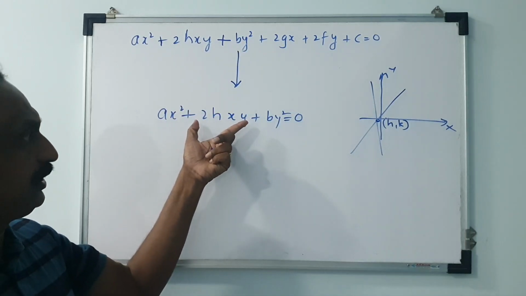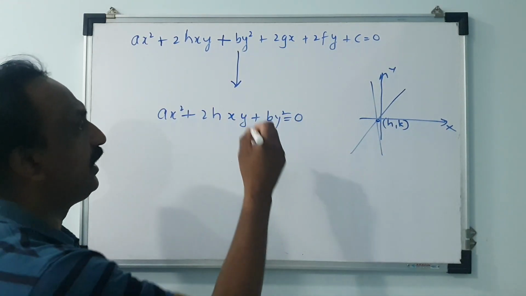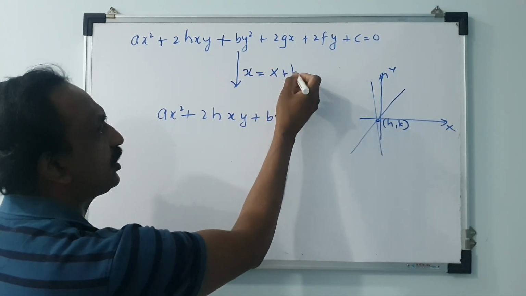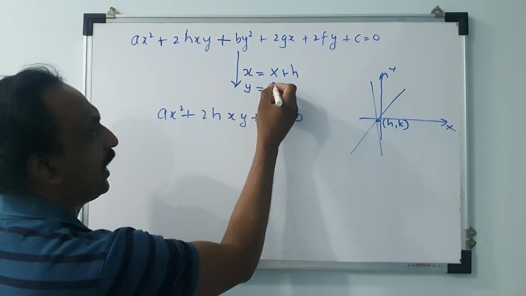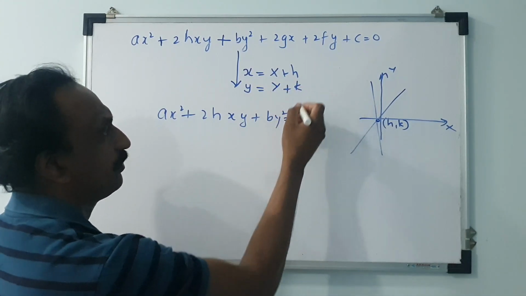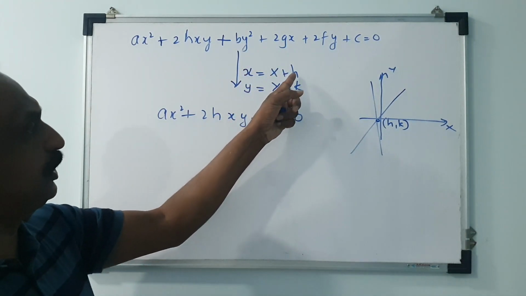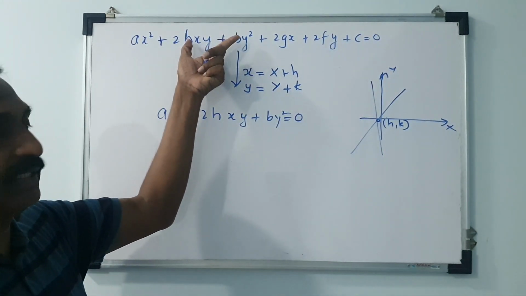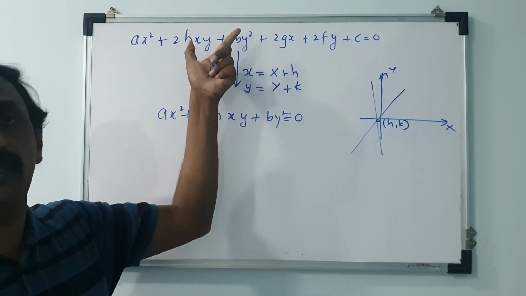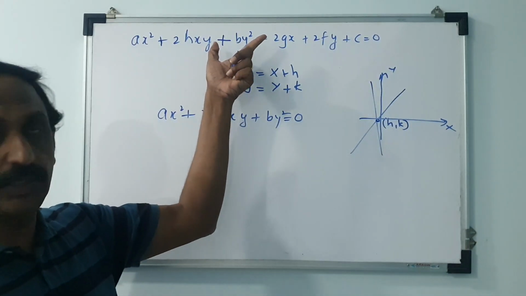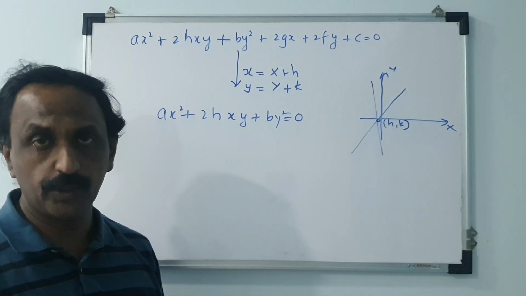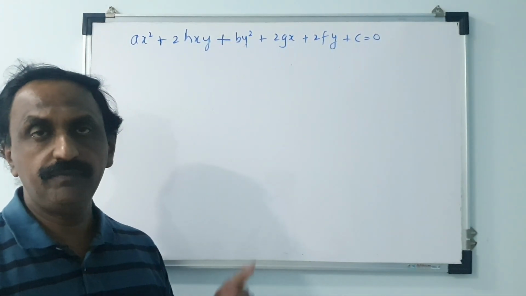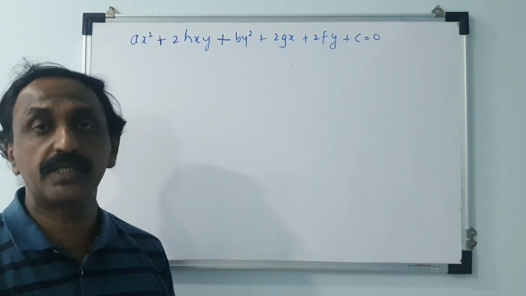If I shift the origin to (h, k), which is done by substituting x by capital X plus h and y by capital Y plus k, and if this equation reduces to this format, then I can say that this particular equation represents a pair of lines. This theory is not important from the exam point of view, but I will just show you the theory. Now we are going to derive the condition for this equation to represent a pair of